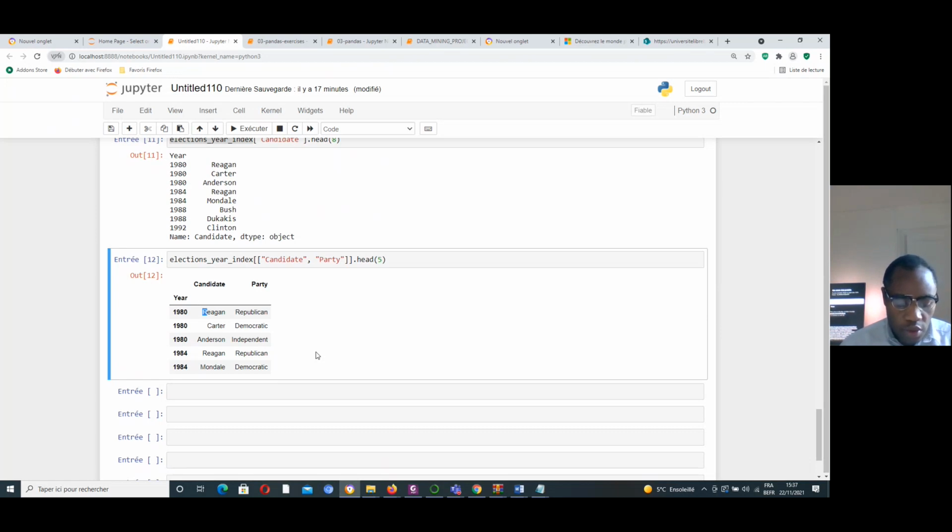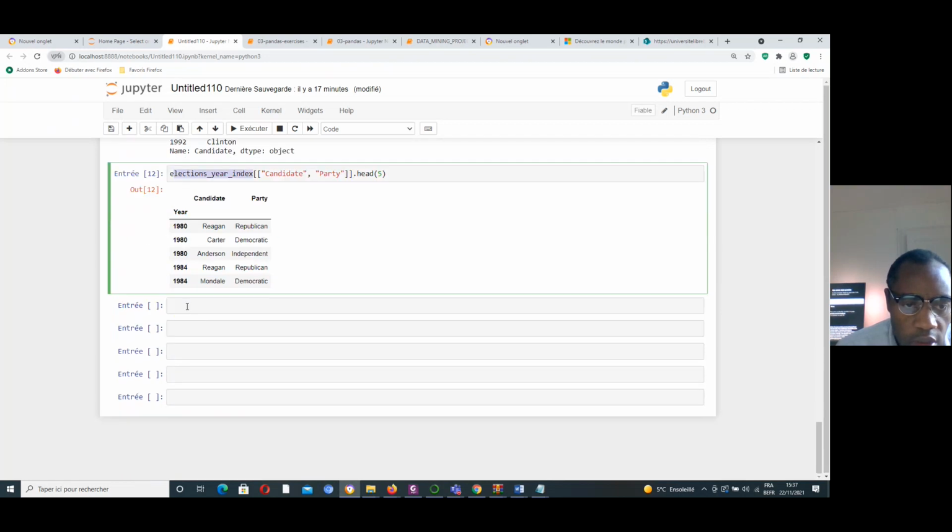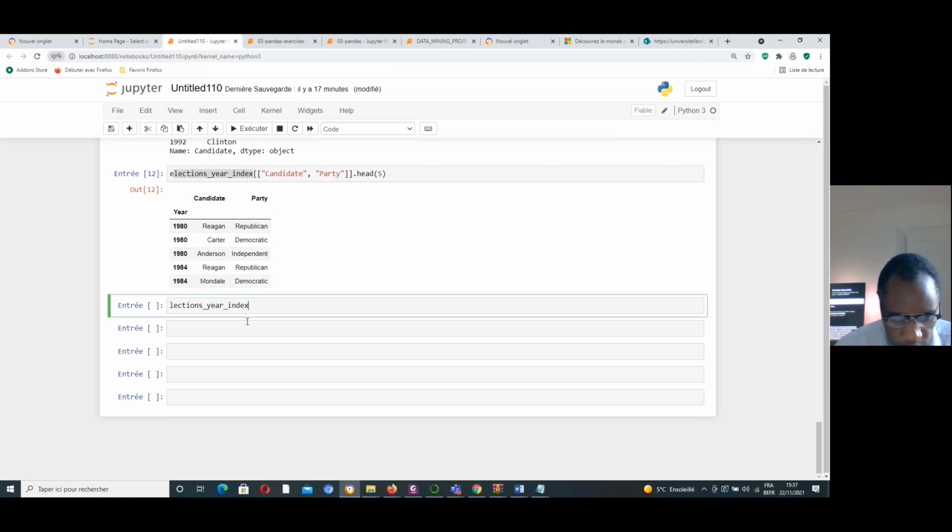We can use the to_frame method to turn a series into a data frame. Let's show you a small example with to_frame. How to do that?